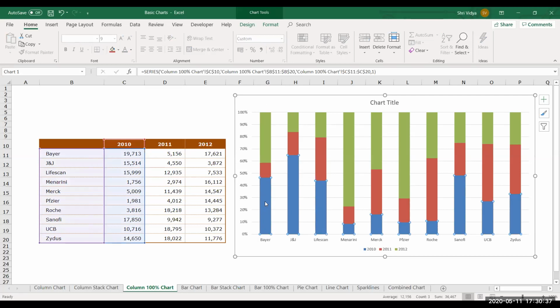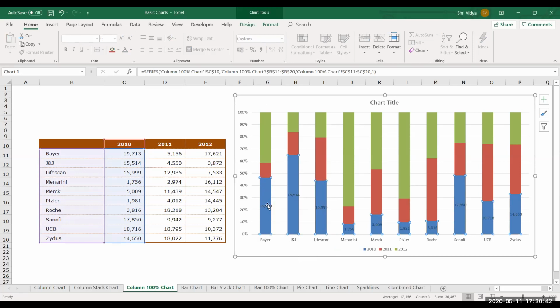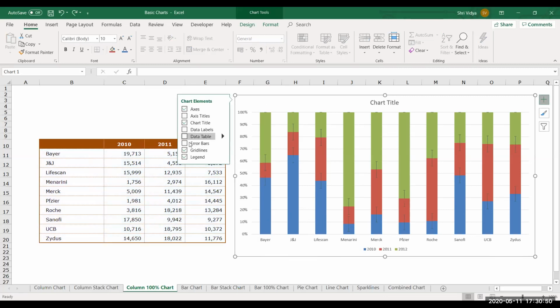See, I'll right click, I would like to show data labels. So you can see here, let me go here, plus mark, I'll say add data labels. It is showing in numbers only. I have no option in column chart to change it to percentage.